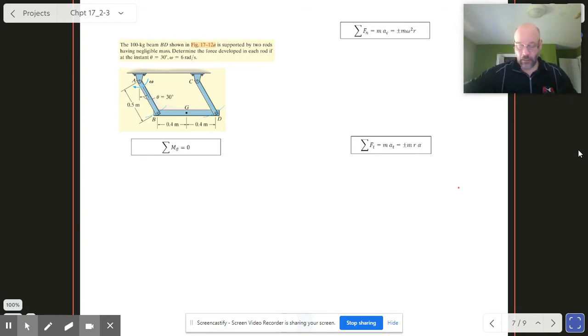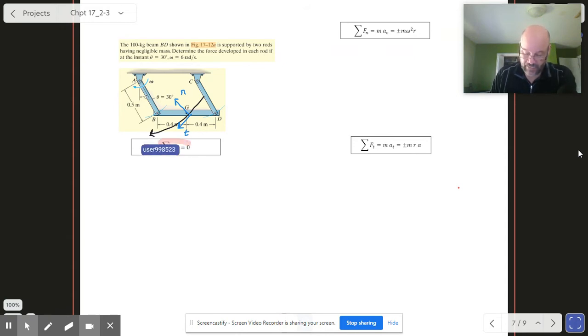And since it's moving along a circular path, then that really means that X and Y components are not well suited to treat a situation like this. Okay, so what we need is some coordinate system that's better suited for this, and that turns out to be a cylindrical system. So we're going to be looking at normal and tangential components of everything as we do this. And when we look then at our equations,